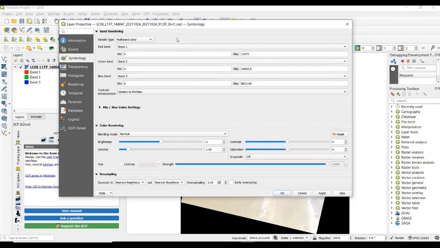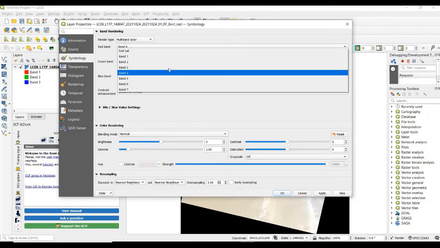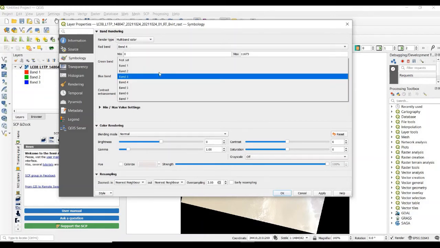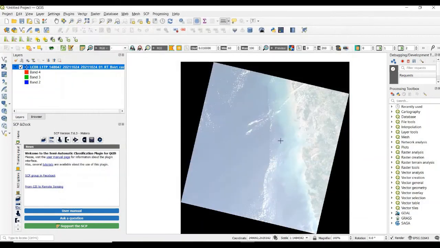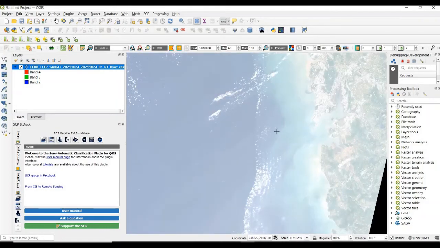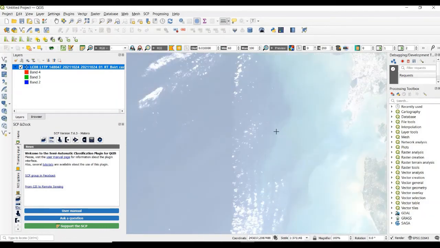First we want to generate true color composite, so we need to select bands 4, 3 and 2 and apply and OK. So we see here true color of that area.